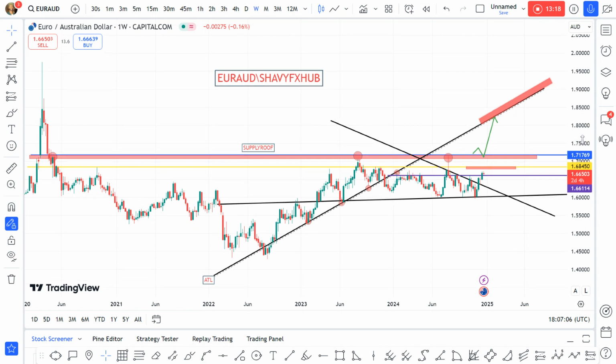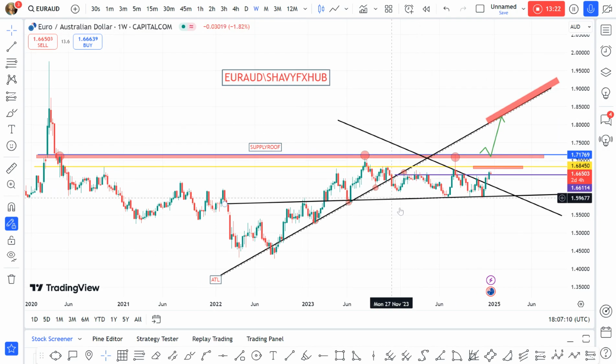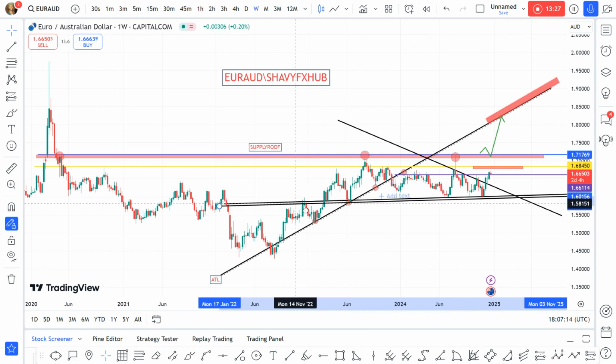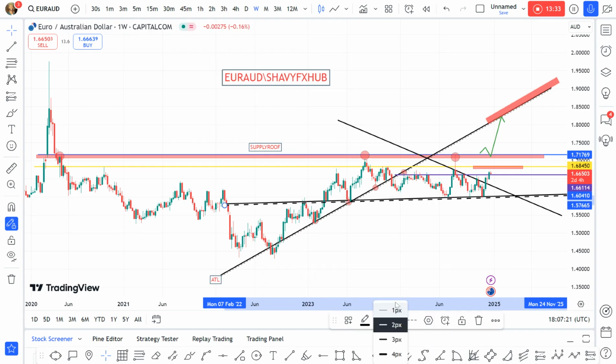So these are the analyses. This is looking very beautiful to me. I love the structure. It's looking clean. So let's see that Euro AUD has gone, and it looks very cool. You see the structure come out this way. In the course of interpreting the market from monthly to weekly, we've got a clear directional bias. Then on daily, we'll look at supporting fundamental data prints that will help the Euro continue to upswing.